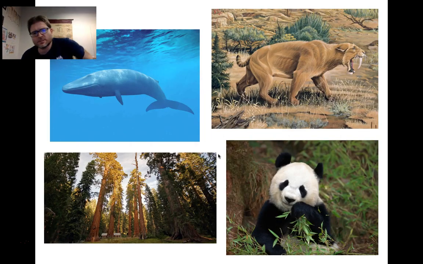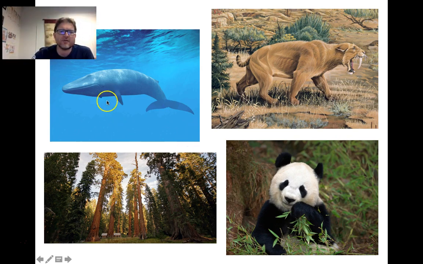The problem gets worse. What if you want to know the fundamental niche of a humpback whale? What if you want to know the fundamental niche of these sequoia trees? These are organisms that are too large and have far too large generation times to grow them in the laboratory and see under what range of conditions they live versus under what range of conditions they die. It would also be unethical because both humpback whales and sequoias are threatened species.